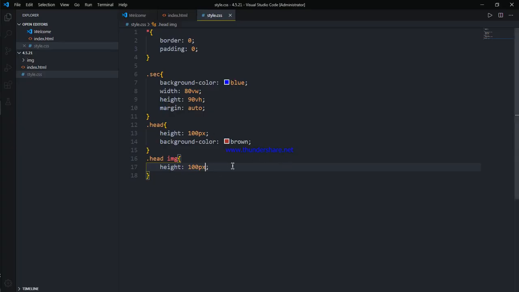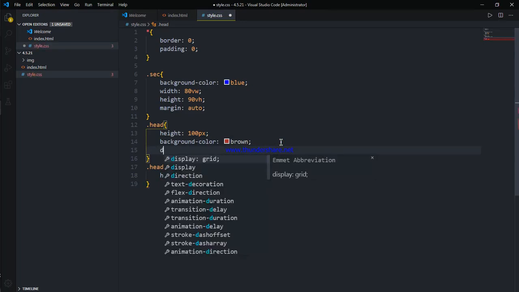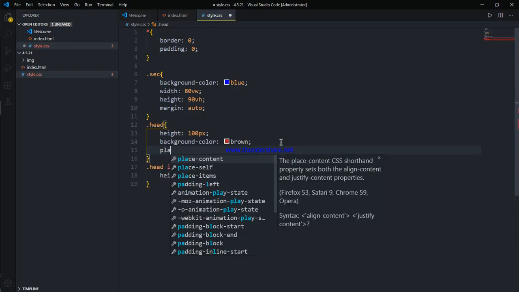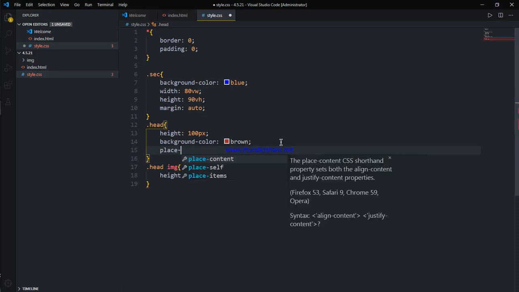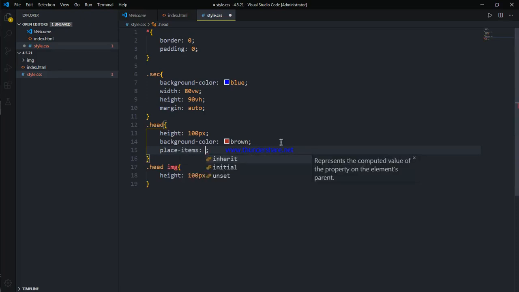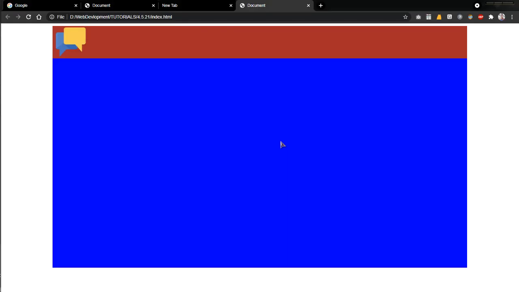Does it work? Yes, it did. Just padding off. No. What should I do now? Place content. Sorry, place items. Sorry.